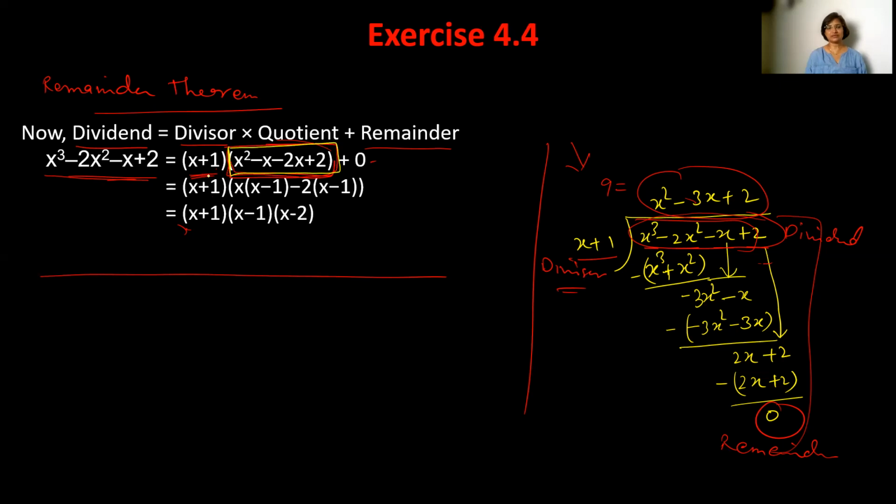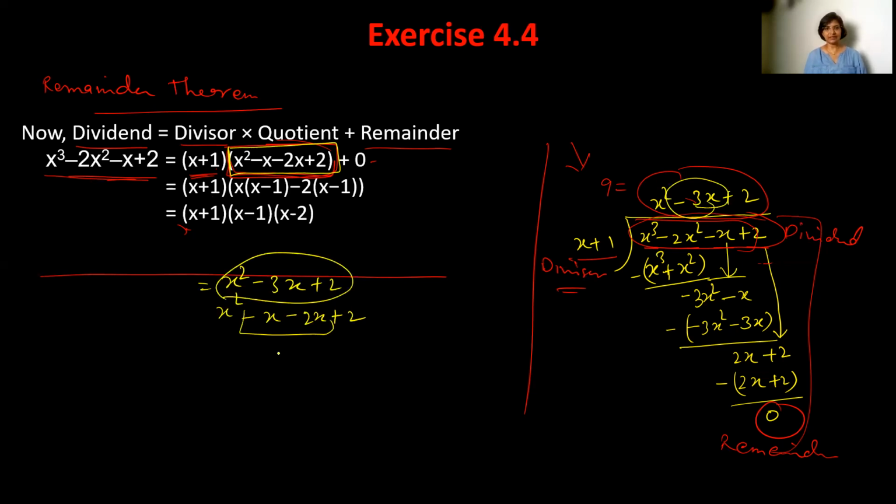This will be the same because this is one of the factors. Here it is 0, so that term will also be removed. The only thing you have to find out is the factor of this. So x square minus x minus 2x plus 2. What is that? Minus 3x. This is already split here. So we can write here, I will start from x square minus 3x plus 2. This was the quotient, and I have written it here directly after splitting the middle term.